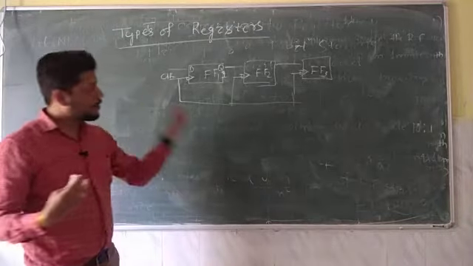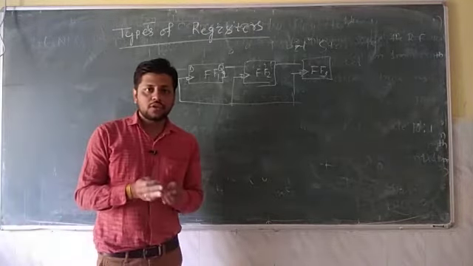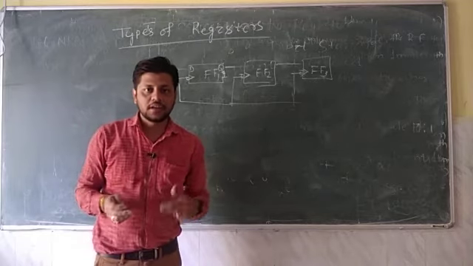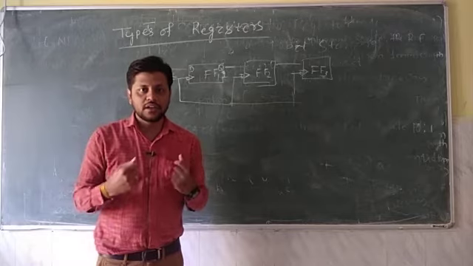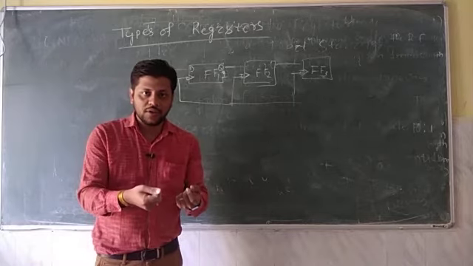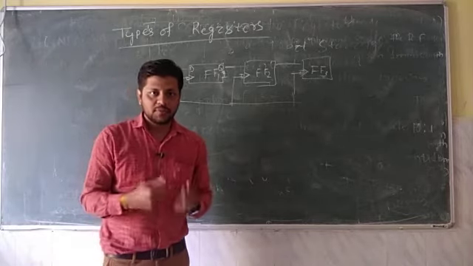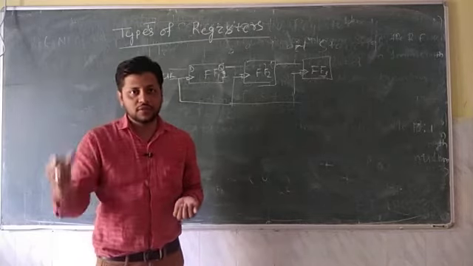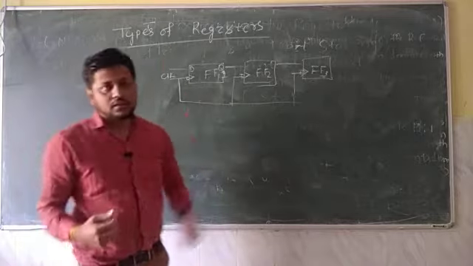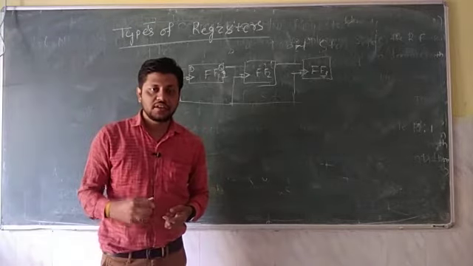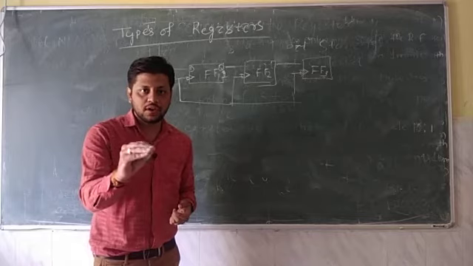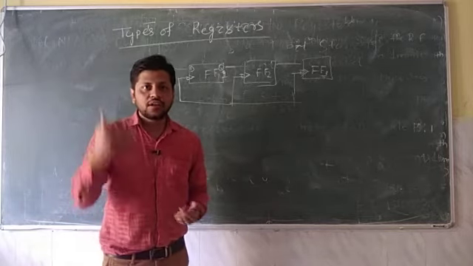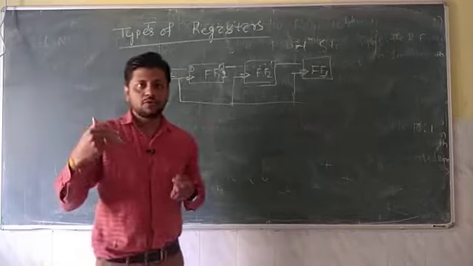In order to store data, first we have to enter the data into the flip flop, and then we retrieve the data. That means we get the data back from our memory as per our requirement. So how you enter the data and how you retrieve or get the output from the register, that is how we classify the register. Depending on that, we classify registers into 4 types.